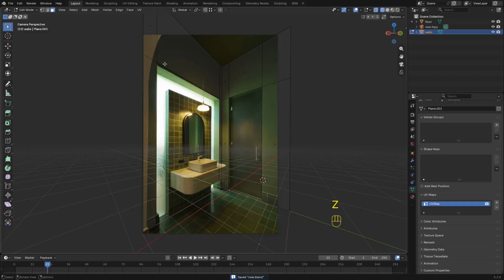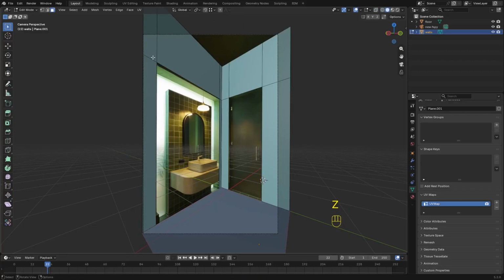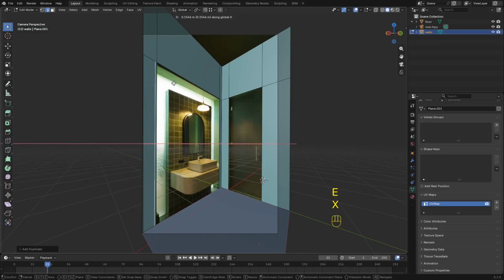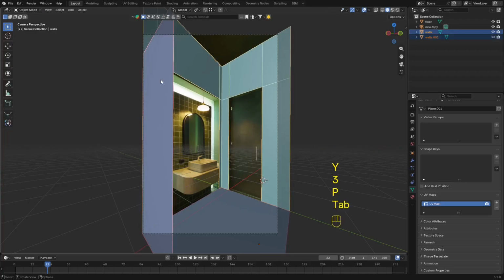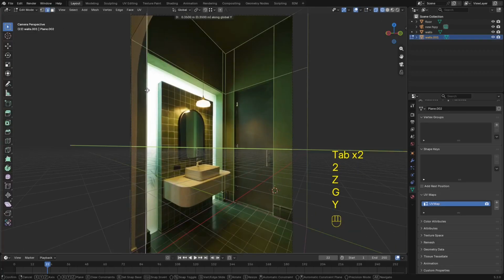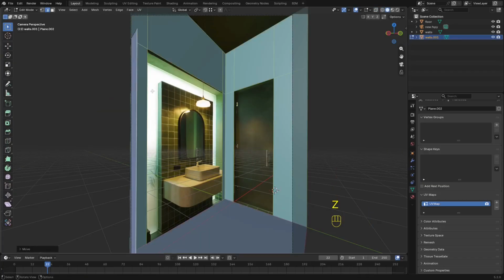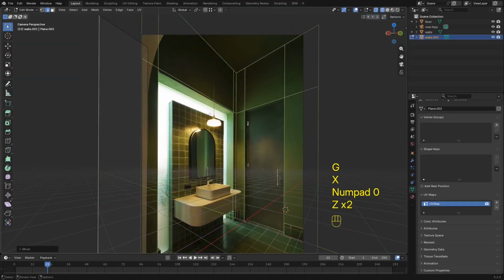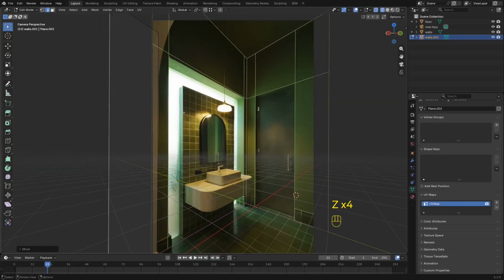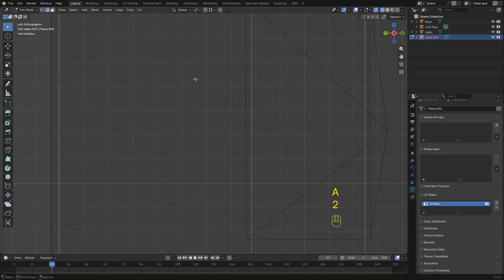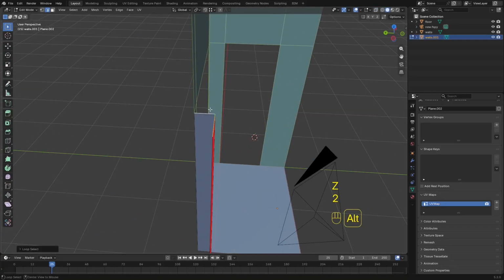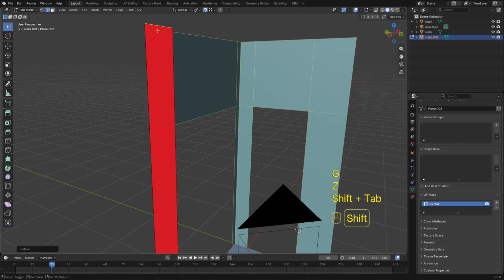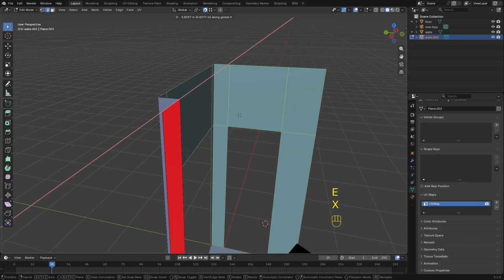What's next? I'd like to make this arch in the front, so maybe I will just copy this one and extrude it on Y and separate it like this, but not too much, and turn it a little bit here. Not too much. It's not necessary to build everything behind the camera. But the idea is to create the arch. We need to create an arch, so I will just adjust it like here and create some